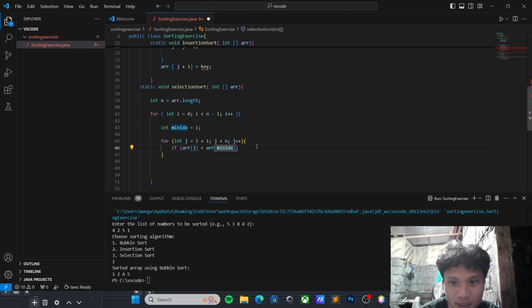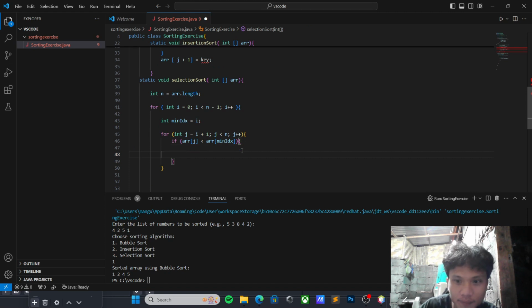If it is, minIdx is updated to j right here, marking a new minimum element.